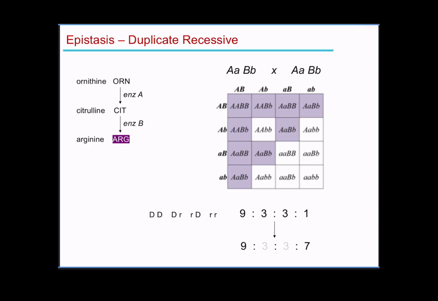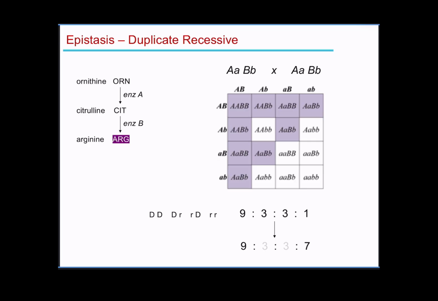But let's say that we carry out some sort of biochemical test by which we can detect the presence of arginine through a chemical reaction that produces a purple pigment, right? So we would see purple pigment, we would see arginine only when both enzymes A and B are functioning. And when are enzymes A and B functioning? When their corresponding loci are anything but